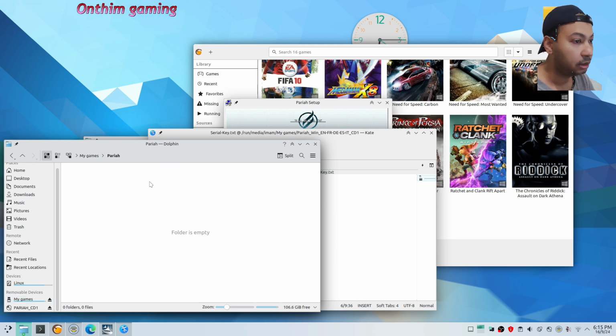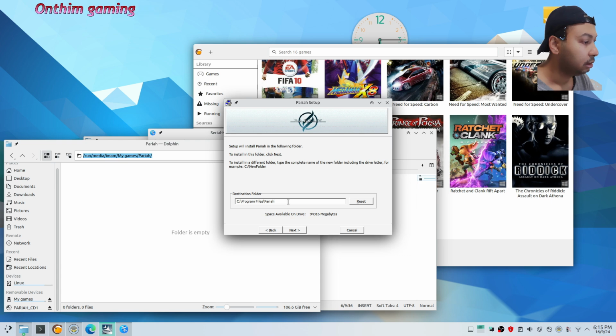This folder, which is located in an external drive or portable drive, I just copy the location and then paste it here. Because Windows uses backslash, don't forget to add backslash. Replace all the forward slashes with backslashes,